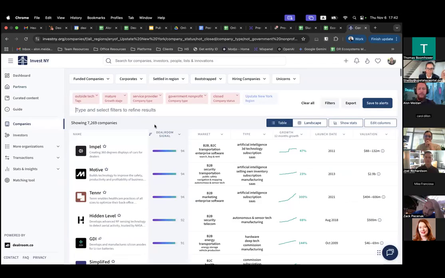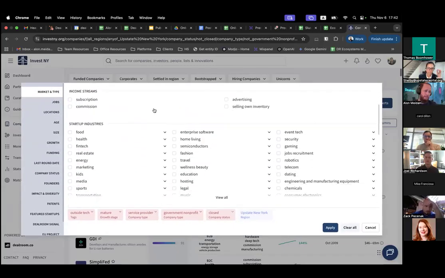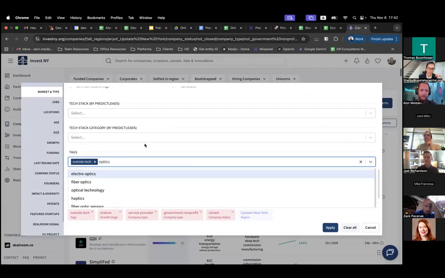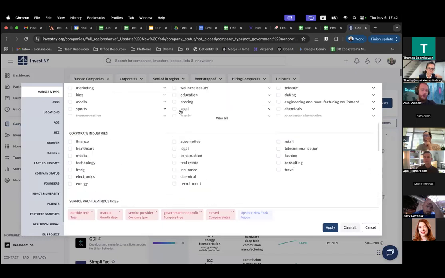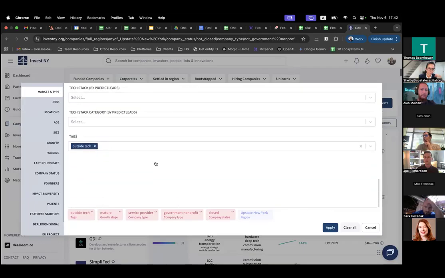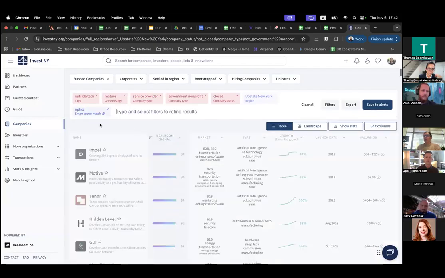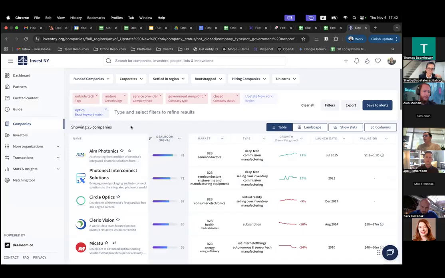So our taxonomy, in terms of industries, basically everything except tags is pretty much set. But a tag can always be added, and I'm pretty sure there's an optics tag. I'll be very surprised if there isn't one. There we go. So many optics tags. So if you don't see something on the checkboxes and drop downs, then it'll probably have a tag. If it doesn't have a tag, you can always just use a keyword, right? So optics, enter, and then I'm also on the smart sector match. So everything around optics is here, or I can switch to direct keyword and I can see who has optics in their description. So that's the way to do it.